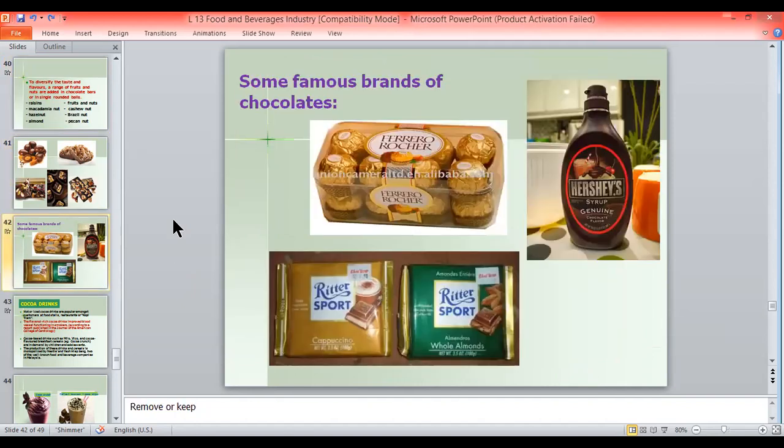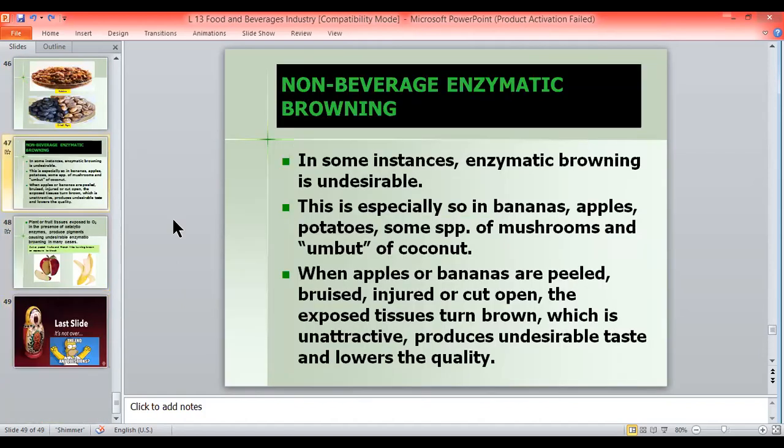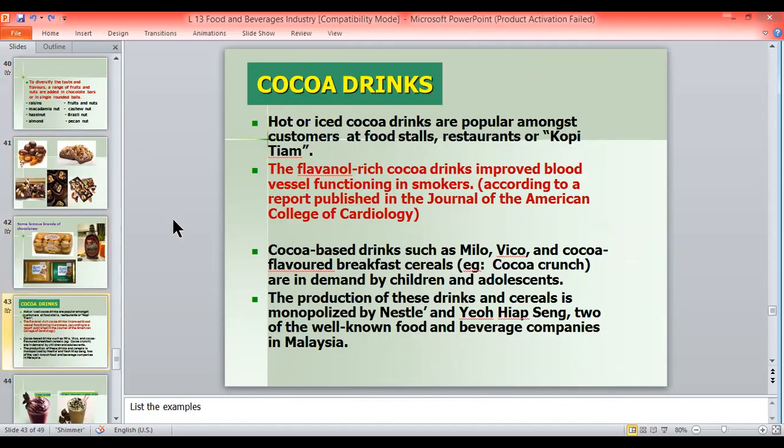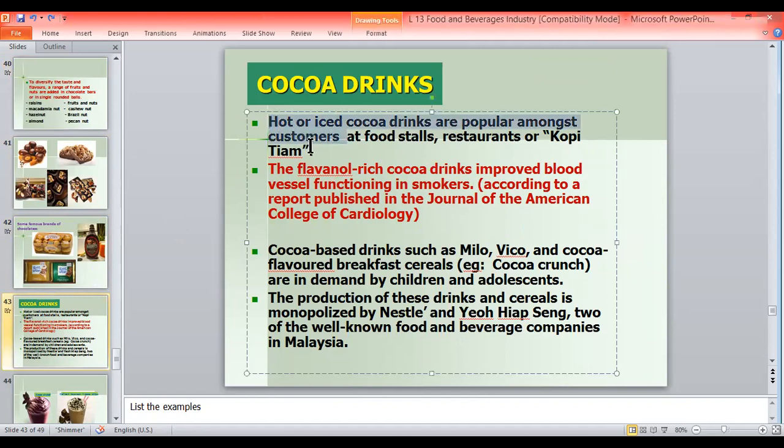Okay, examples of famous brands of chocolate are Ferrero Rocher, Hershey, Ritos Pop. And cocoa is not just used to make chocolates, we can also make cocoa drinks. Hot or iced cocoa drinks are popular among customers at food stores, restaurants